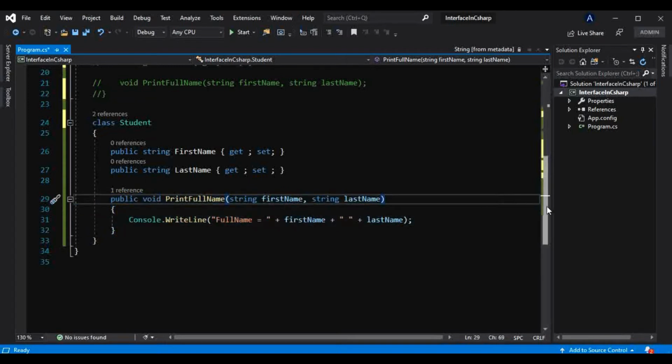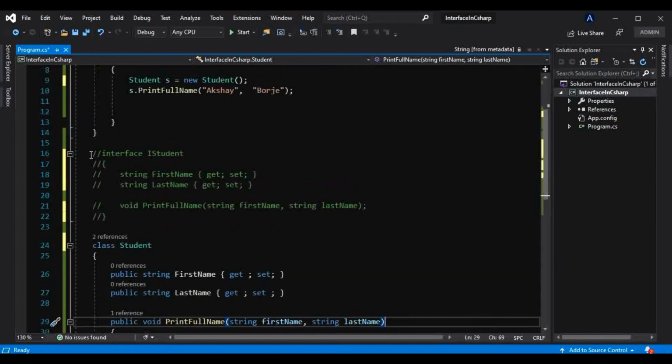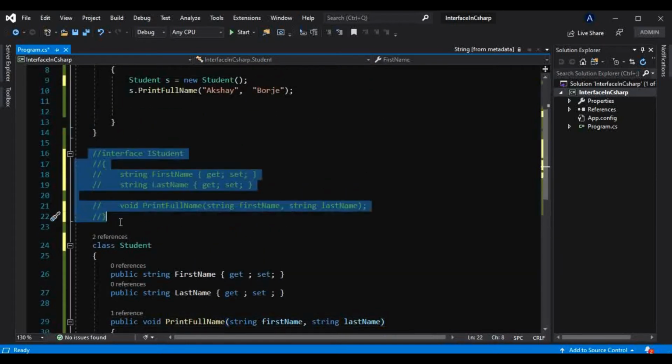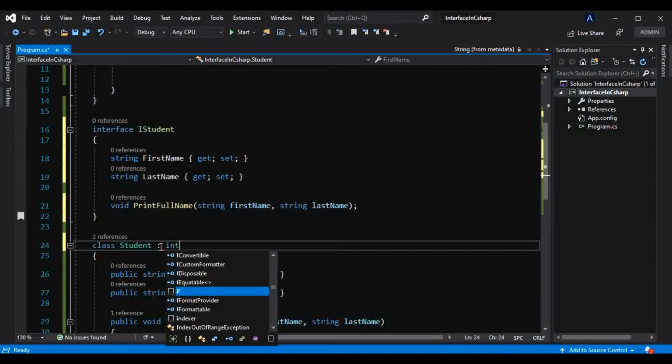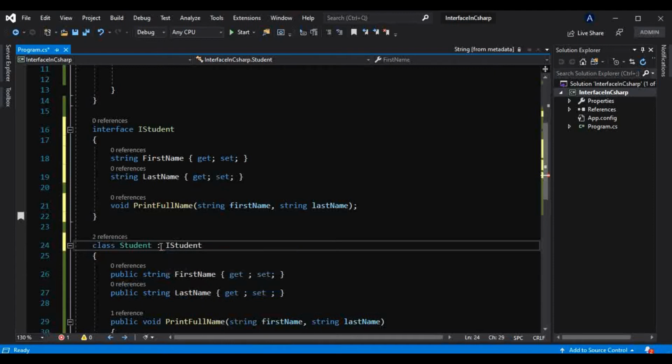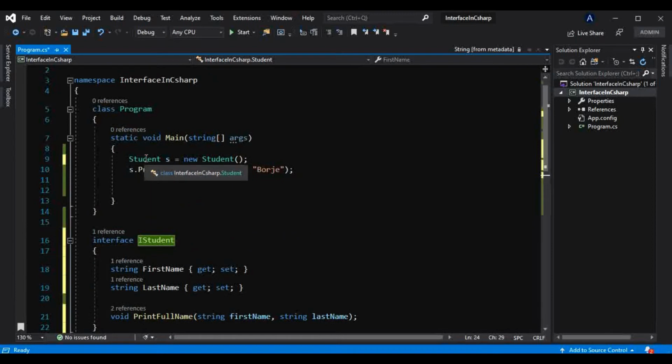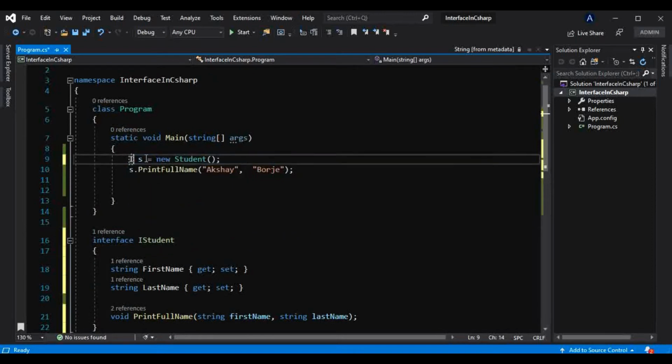But in case of interface, let's just try to use that. Let me uncomment this, and let me make this class inherit from this interface, that is iStudent. And let me create the object from this base type reference variable, that is, from this interface reference variable we are creating this derived class object.